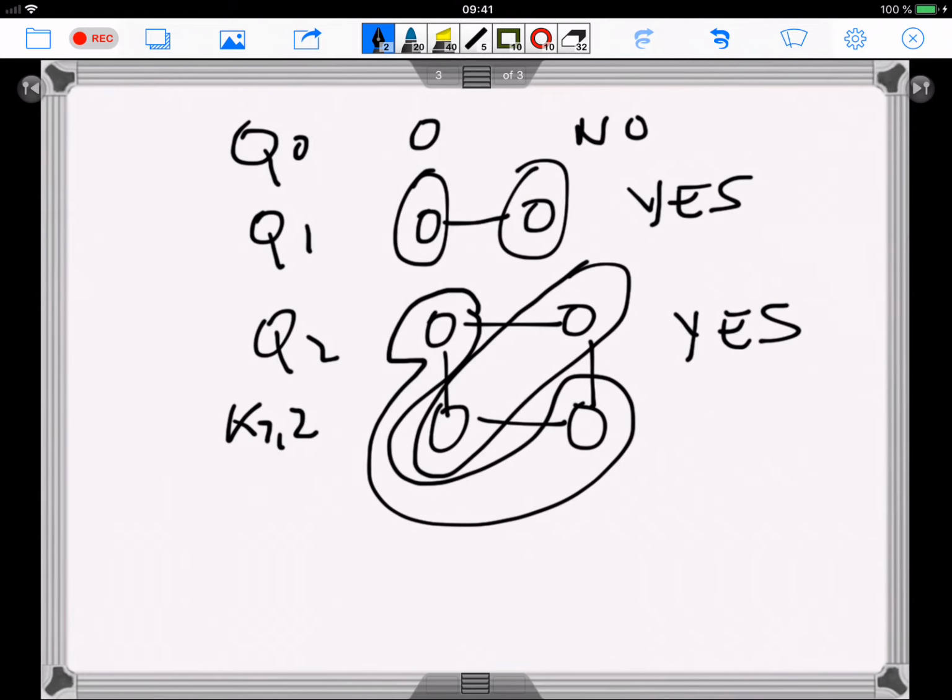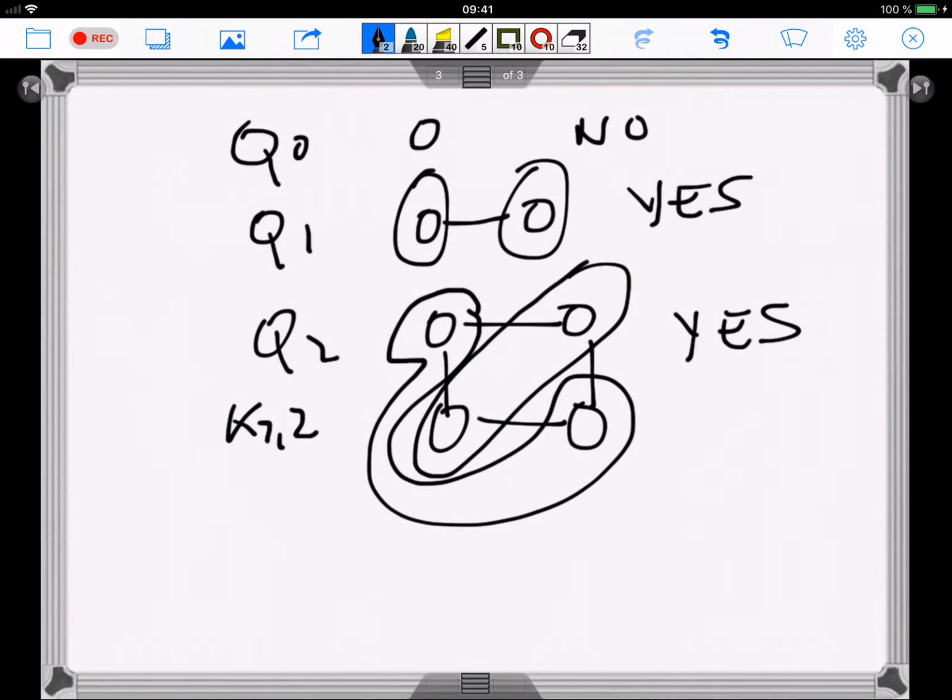What about Q3? Well, if you try to take a look at the picture of the cube in dimension 3, it's not clear whether it is bipartite or not. But you must remember the theorem that we had in order to check whether a graph is bipartite or not. Remember that I told you that from the picture sometimes it's not clear whether the graph is bipartite or not,